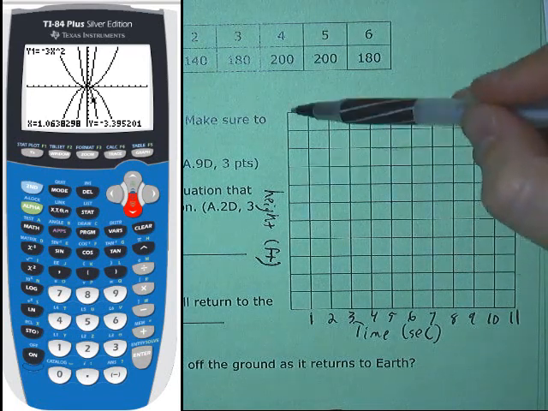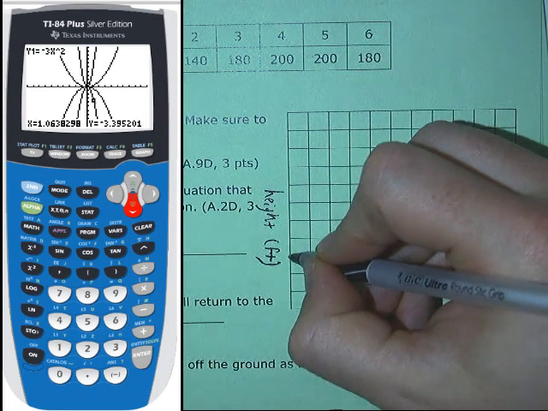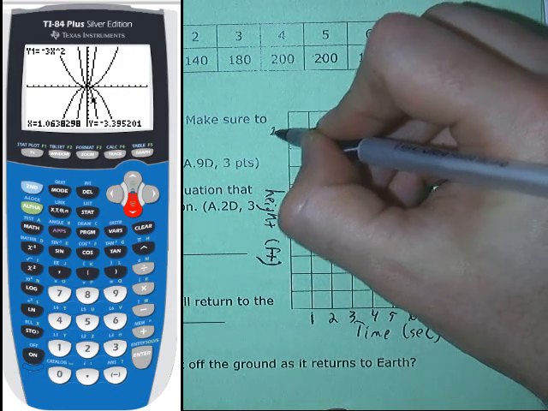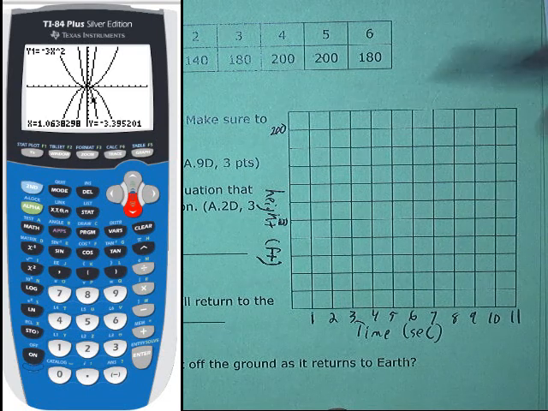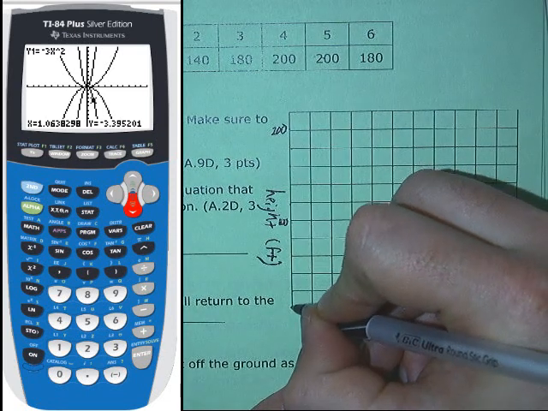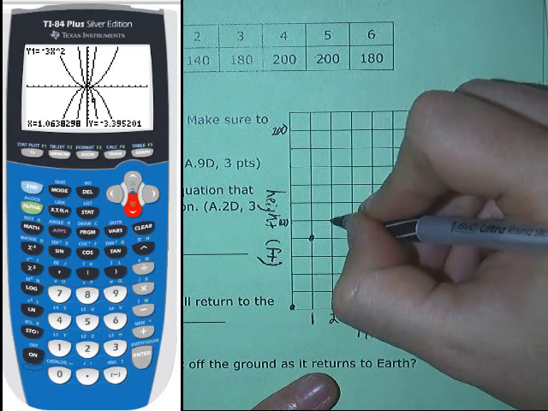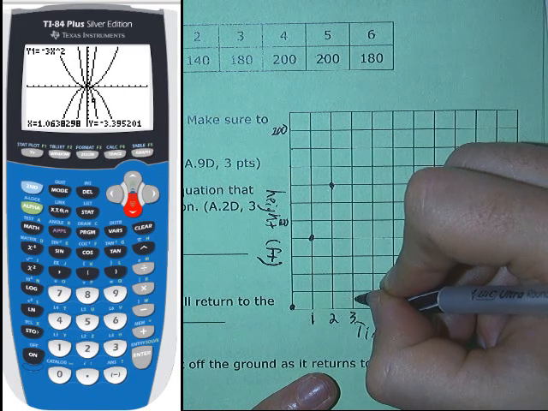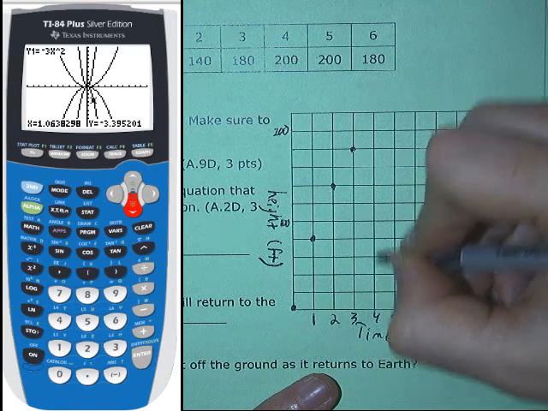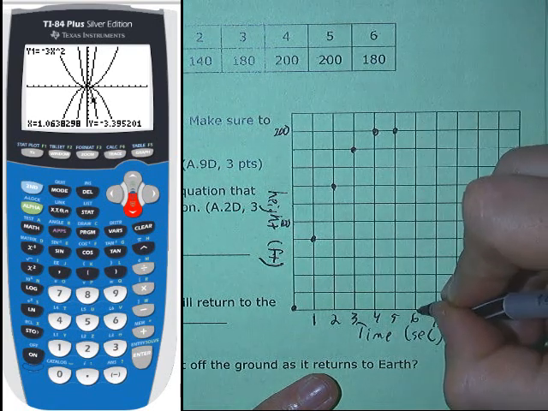So I've got 10 lines. I want to go up to 200. If I did it by 20s, here's 20, 40, 60, 80, 100, 20, 40, 60, 80, 200. And then I've still got room for my vertex in there. Okay, I've got 0, 0; 1, 80; 2, 140; 3, 180; 4, 200; 5, 200; and 6,